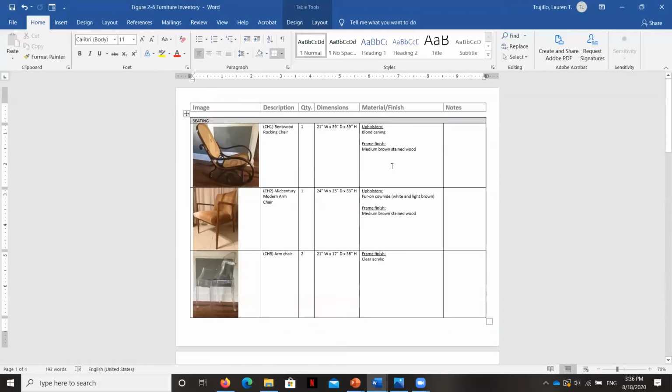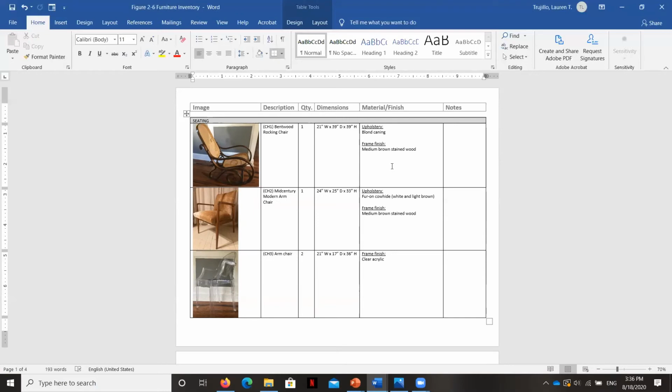The next category that we look at is the material and finish. Now, keep in mind that an interior designer who needs to catalog information in a furniture inventory because this furniture is out of town or in a storage unit or is not accessible, is going to have to be really careful about describing things and then matching them to a physical sample. But in this case, I have a pretty good picture.